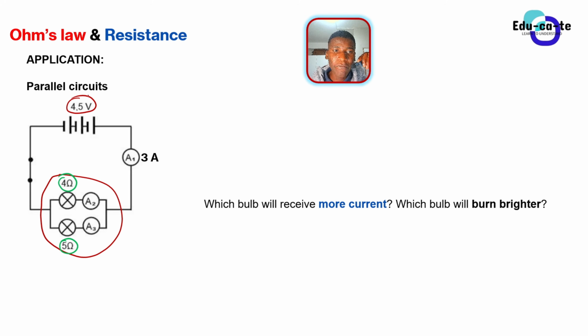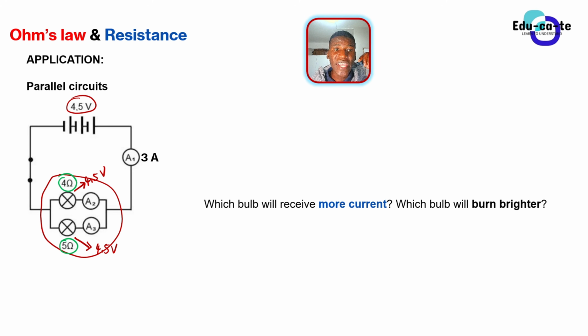So this means that this 4.5 volts will be the same voltage here in this 4 ohms resistor. It will be the same voltage here in this 5 ohms resistor as well, because in a parallel combination of a circuit, the voltage is equal. Okay, the voltage is not divided, it is equal. So this 4.5 volts will be the same voltage that you'll find here. It will still be 4.5 volts, and here this will still be 4.5 volts as well.